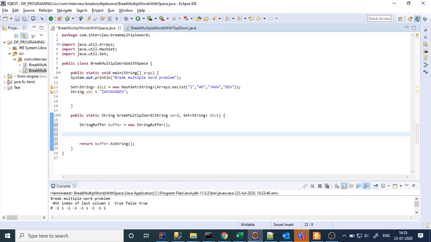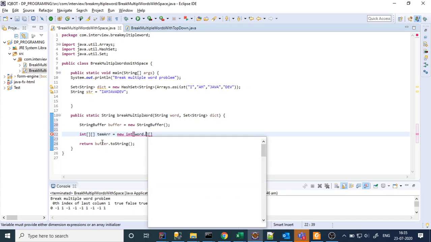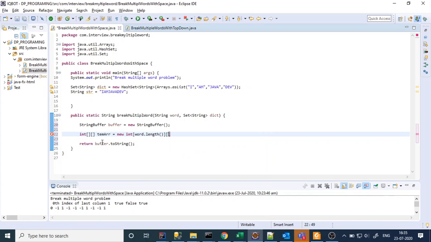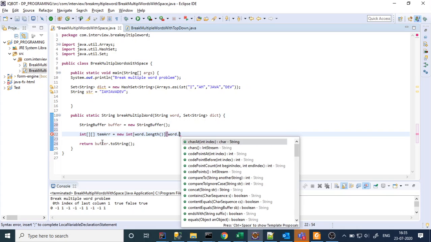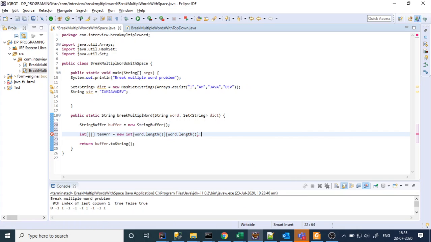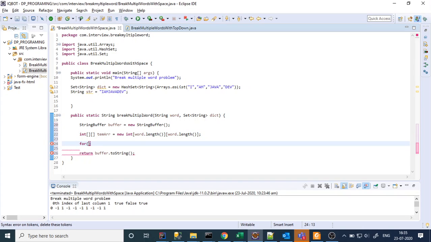Now I said that first I have to take the optimizer structure. The optimizer structure here is two dimensional. So int[][] temp array equal to new int, with length word.length. Now I said that first I will initialize every cell of the array with a negative value.